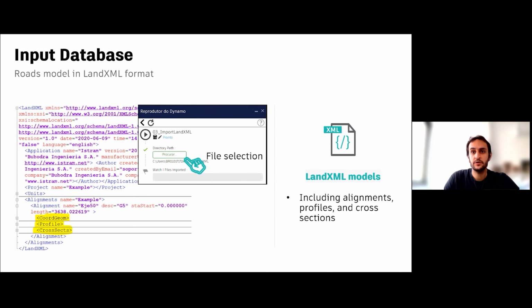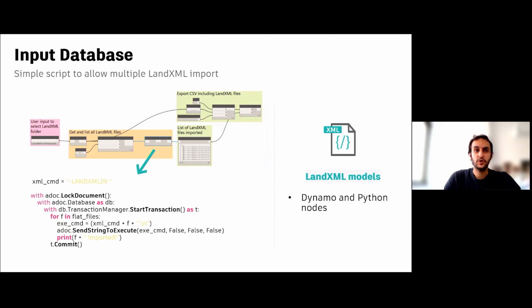In the simulation that we carry out, the LandXML basically contains 3 sets of information in relation to alignment. So we have the coordinate geometry, basically the horizontal alignment, the profile, the vertical profile, and the corridor section, so the cross sections, okay? It's not the assembly, so it's different from assembly. And for the processing of these LandXML files, we again use basic Python nodes in which API methods were used within the LandXML in common.